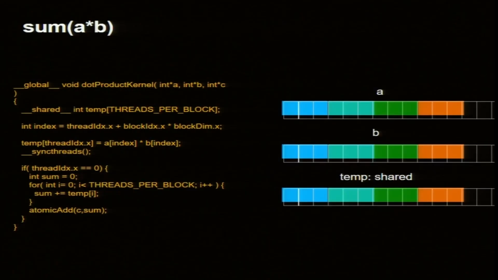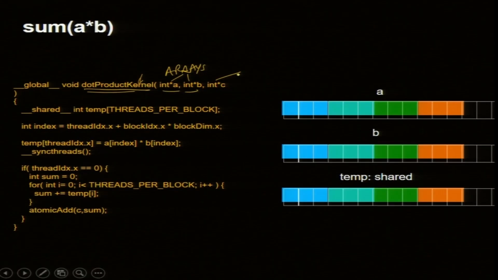This is the code function. This is our GPU function, the dot product kernel. It is a nice thing to write kernel in the name, so that we know it is running on the GPU. It has 3 arguments, we need C. A and B are arrays, these 2 are arrays, and this is the global sum. I should have used a variable like sum, some different variable, but unfortunately I used the same C.